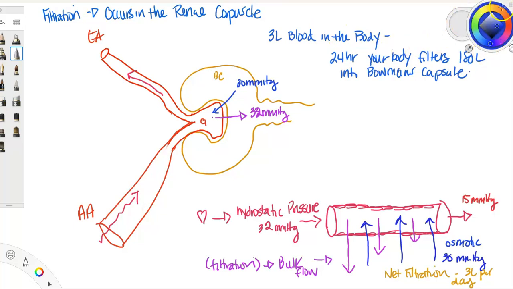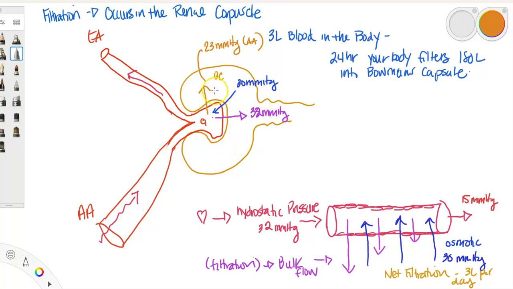So that pressure here is also pushing stuff into Bowman's capsule. Okay, and that's about 23 millimeters of mercury from the afferent arteriole. Okay, so that's more stuff going out, being pushed into Bowman's capsule. Okay,